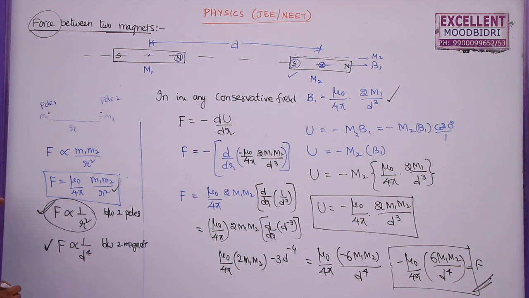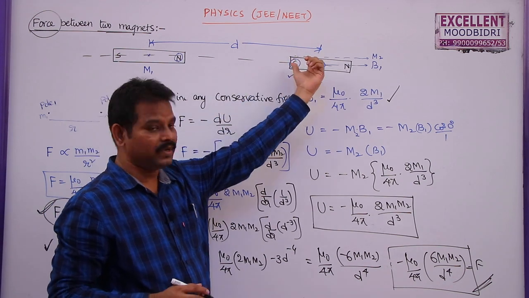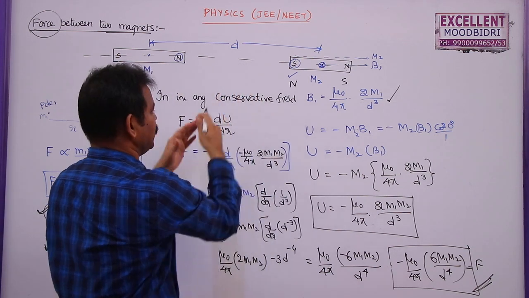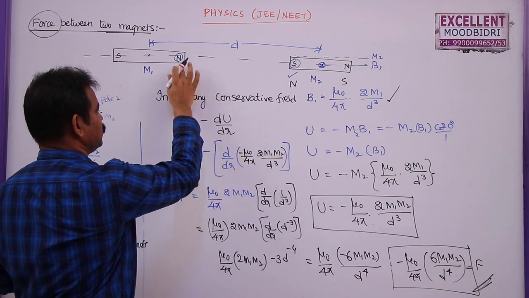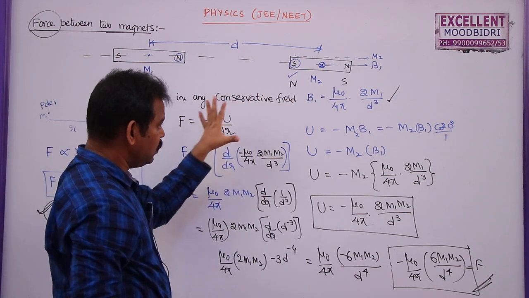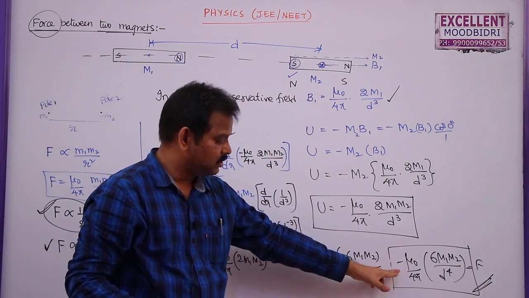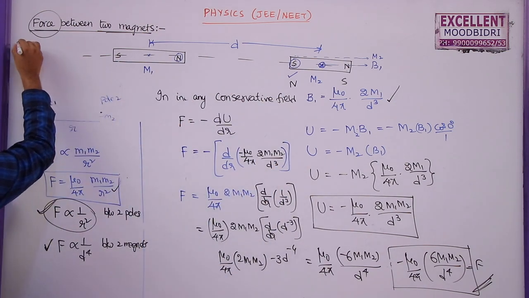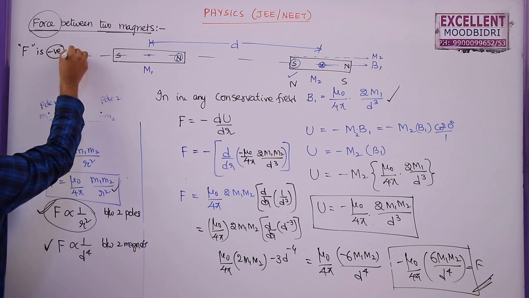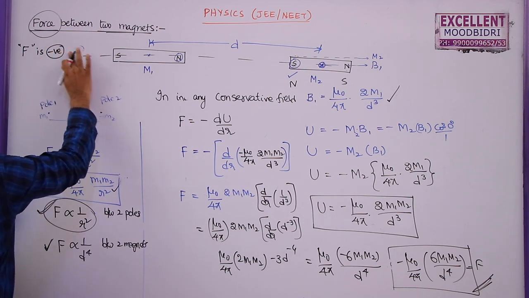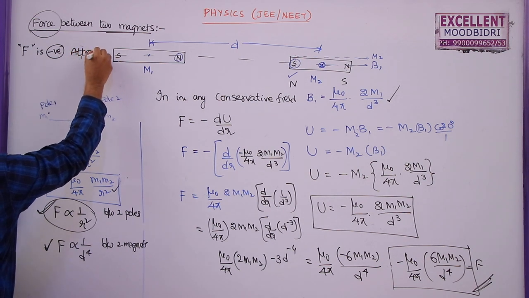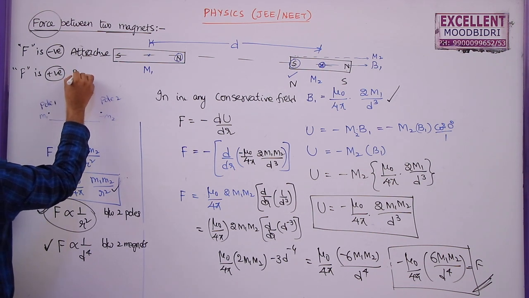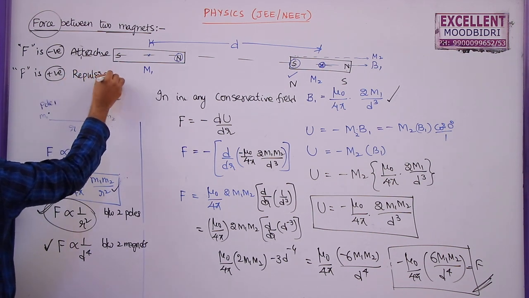d power 4. Suppose if this magnet is reversed, let us say instead of south pole, if you keep north pole, north repels, and compared to the other forces, the repulsive force is more. Why? Because these two are nearer. Then you can write the same expression, finally you will get plus here. Plus means repulsive force. So here I am writing, if F is negative, nature of the force is attractive. If F is positive, nature of the force is repulsive.